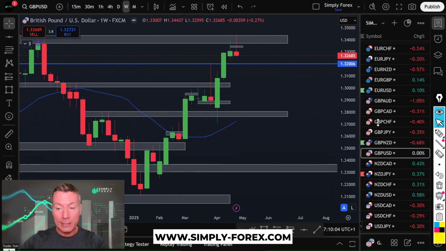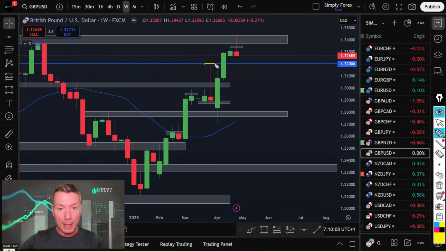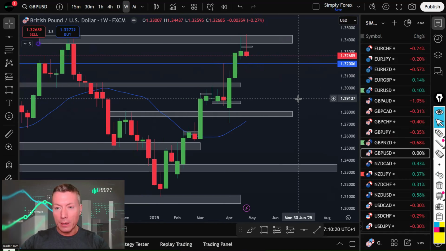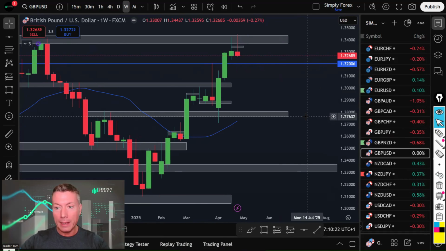But again, it is against trend. So because of that, I'm just looking to take price back down to this next piece of support here, this 1.3200 level. So pound US dollar is a sell trade as well. So that's all the US dollar pairs that I'm looking at. And guys, let's have a look at the euro now, because the euro is really falling off its perch.